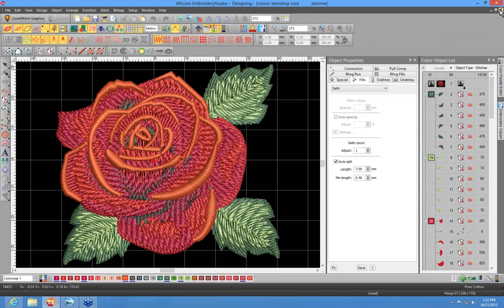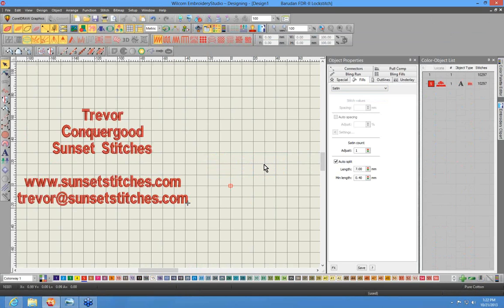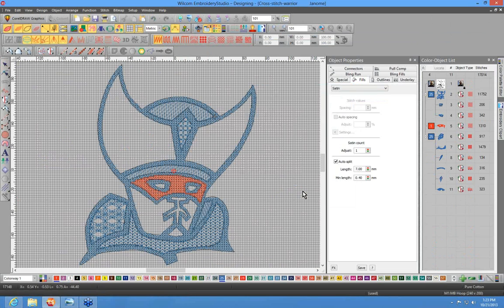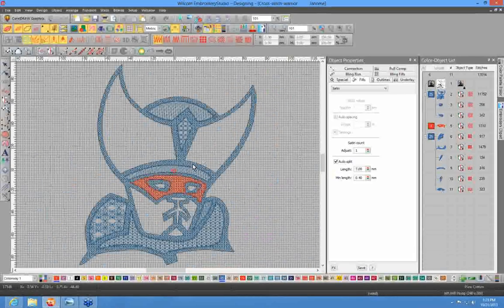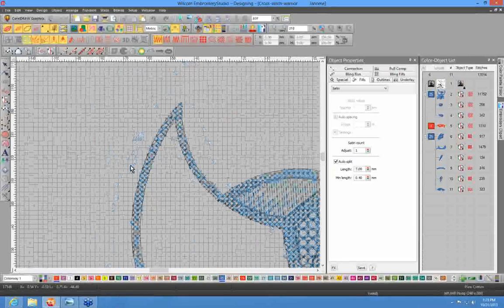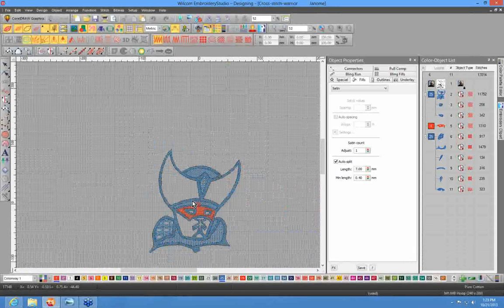All right, I'll just close a couple more of these. And I'll say open. In the cross stitch designs, maybe I'll just open up this warrior design. Basically it's another style of fill. Just like any other style of fill, you create a shape and then you choose what kind it is. In this case, I've used the cross stitch to fill in this kind of cool Japanese manga